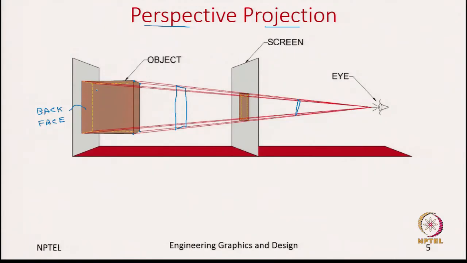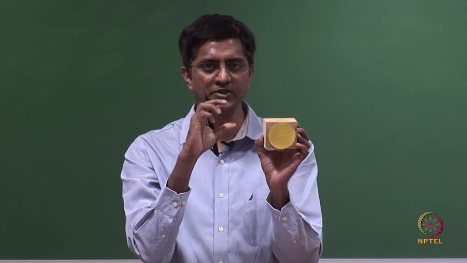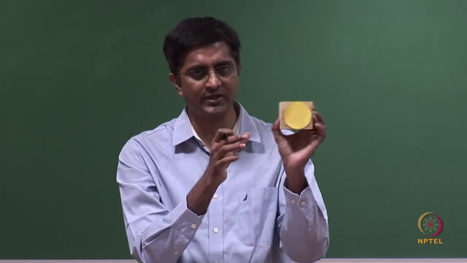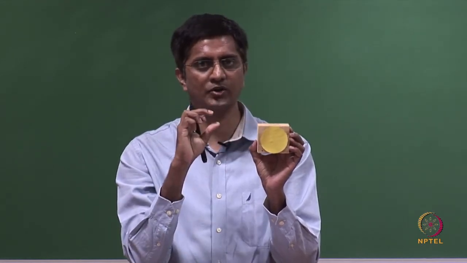Okay. And if you look closely, especially on the projection plane, we see that the new square is smaller. So, the back face is small. Okay. So, what does this mean? Which means that objects which are closer to the observer appear big, and the objects which are farther from the observer appear small. In other words, for this example in hand, the front face looks big and the back face looks small on the projection plane.